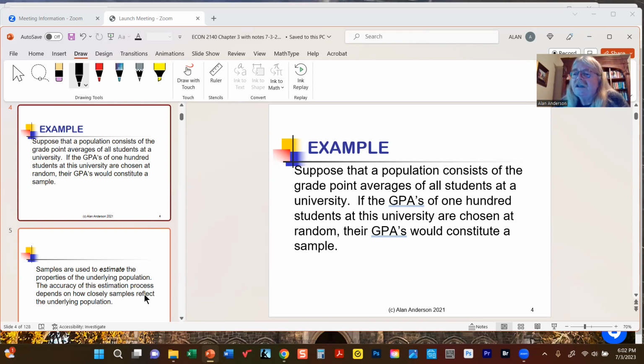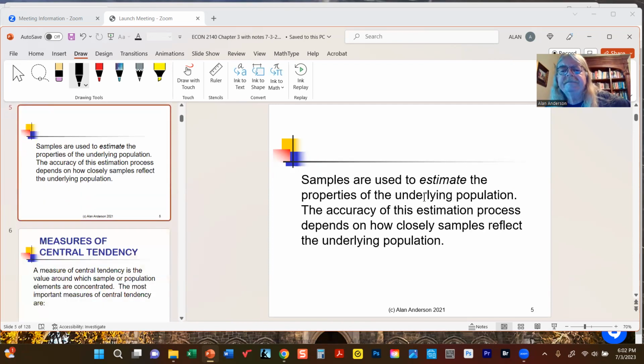Now, how close they get to the actual population GPA depends on how carefully they chose that sample, and also how large the sample is. The larger the sample, the closer it is likely to reflect the underlying population. All right, now, once we have our data, whether we're using the population or sample, either way, we're not normally